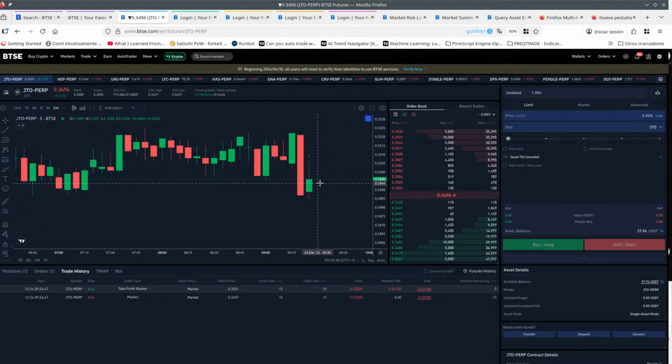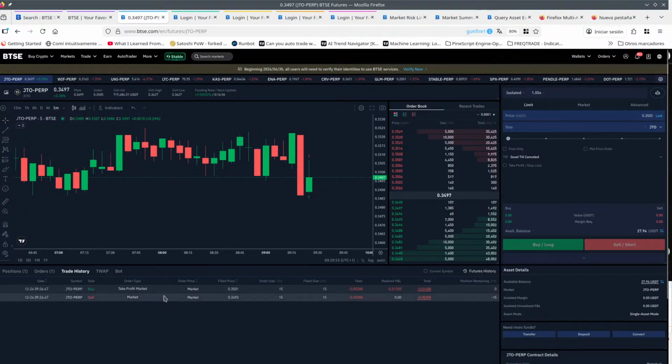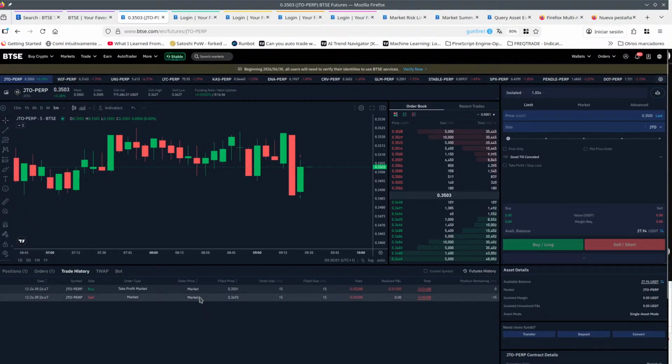Wait a minute. So we managed take profit market. Yeah, so this is a short trade. Take profit market should be downwards, but it's upwards, and that's not right. So maybe we should just go with limit and hope for the best with that, because otherwise we are getting this stupid